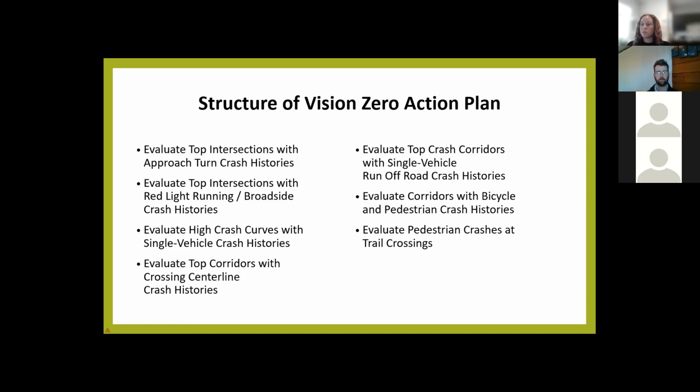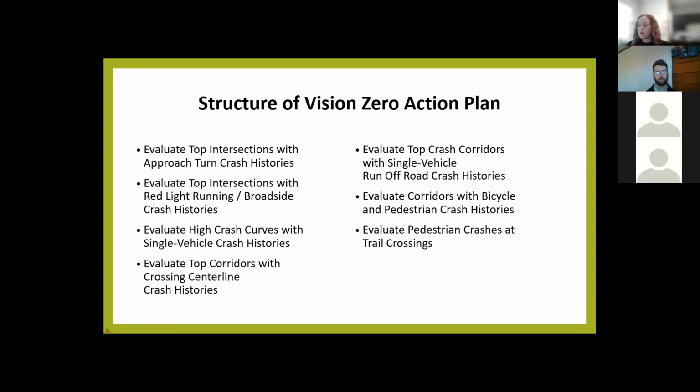As well, single vehicle crashes at curves on roads, especially in the mountains, was another common trend we saw in the data. A handful of these high crash curves are already being looked at by CDOT as they're updating strip maps, which will identify any revisions necessary to existing signage. As well, crossing centerline crashes and single vehicle run off the road crashes were also common trends. So again, any roads that are already being looked at are going to be excluded from our scope and will help us determine which roads to focus our efforts on.